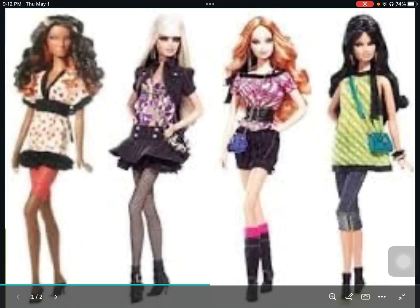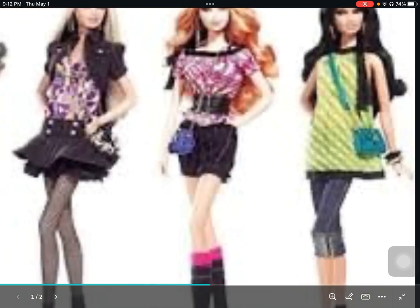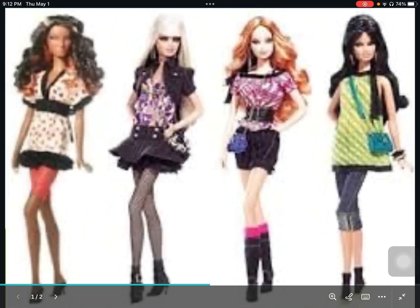But she is also a top model. Her silhouette is just very interesting. I really, really like it a lot. She is a beautiful doll. And so moving on to Miss Girl at the end,